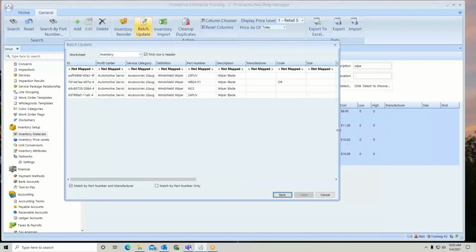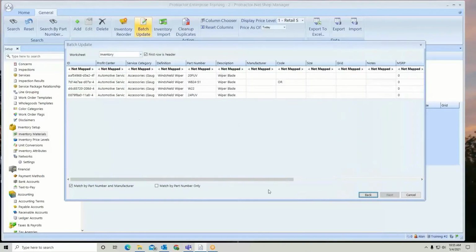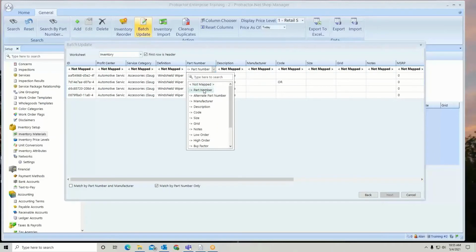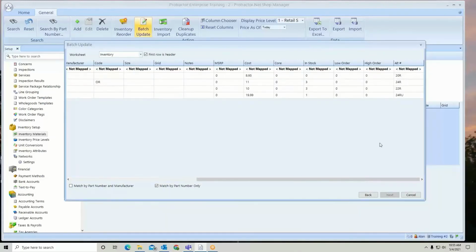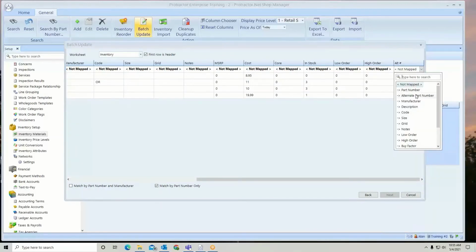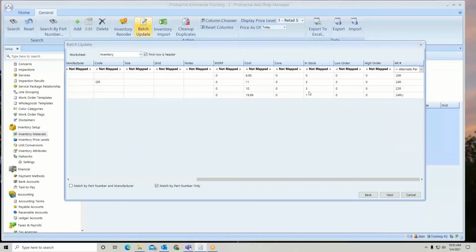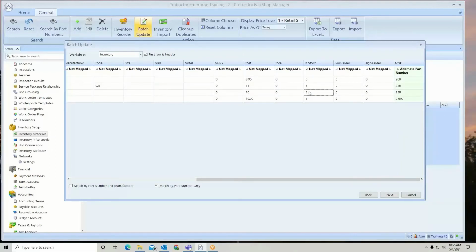And now we're going to line it up. So this one is actually pretty easy to do. You can just line it up by part number. So I'm going to go part number here. And then as I scroll over to the far right, you're going to see alternate part number. So we're going to map that to the alternate part number. Okay, so now we have it set. Notice I clicked over here. I just clicked on something so it would highlight it. Now I can hit Next